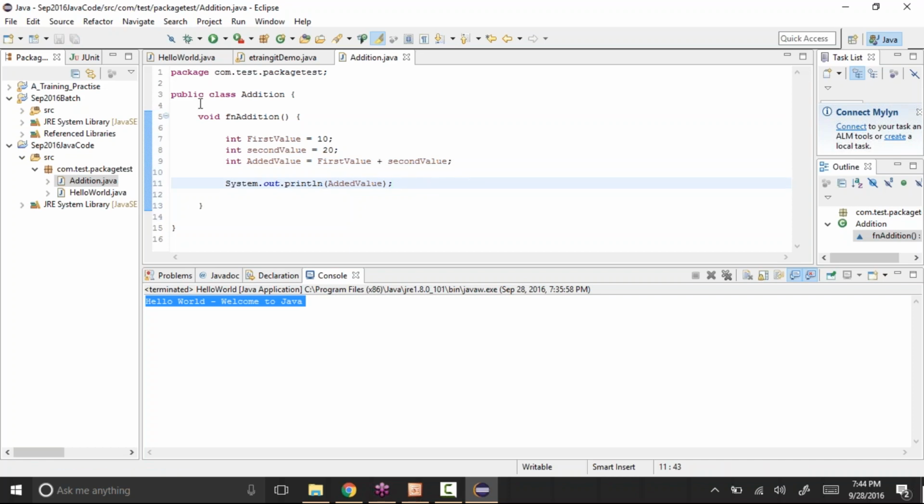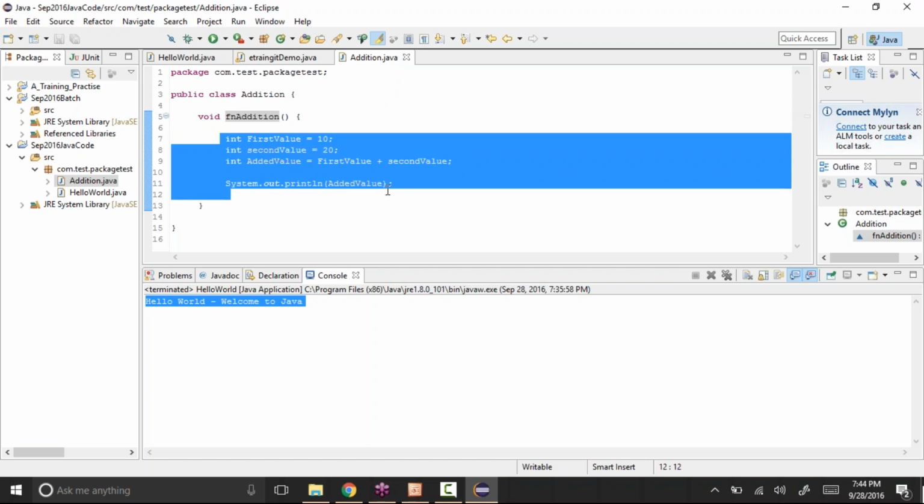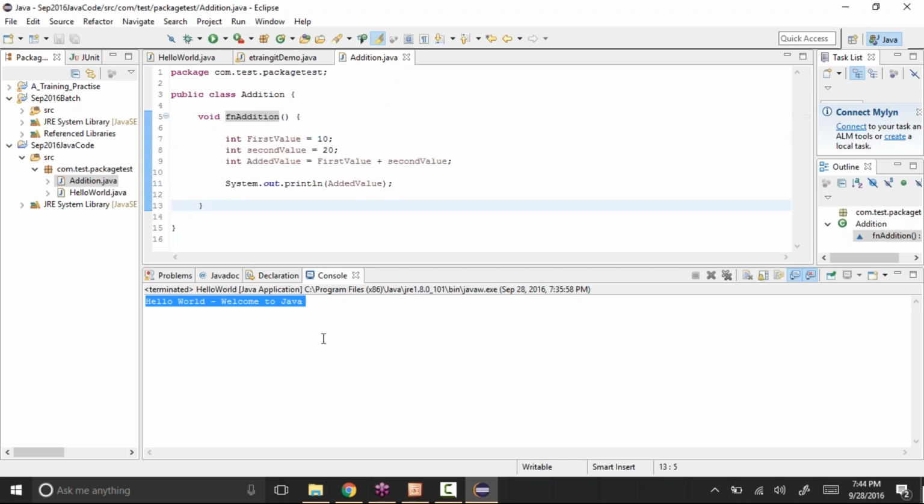Okay, save it. So public class addition, void, I didn't explain about void, I'll explain it, then the name of the function, open the bracket, close the bracket, then open the curly brackets and write whatever code you want, and close the curly bracket. If I execute this, it needs to add the values 10 and 20 and display 30.